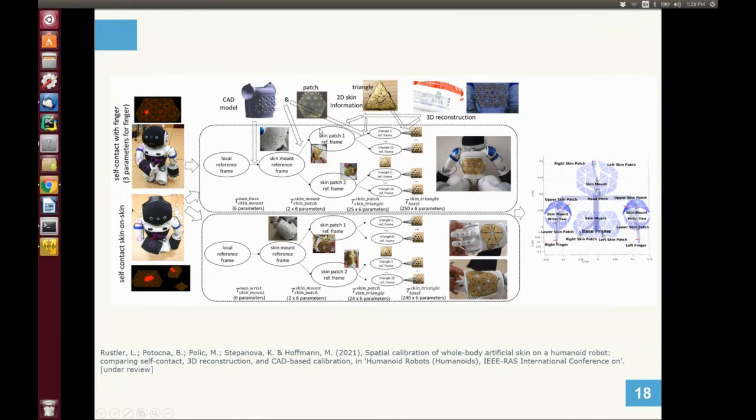Okay, and the third component that we did and compared was 3D reconstruction. So we uncovered the sensors. By removing the top black part, we took the robot outside to get nice lighting conditions. We took several pictures of the robot, and using some software for 3D reconstruction, we got basically a point cloud with the positions of the individual sensors in 3D, which was locally very accurate. But then you still need to relate it to the robot body model, which is the kinematics. And for that, we also explored how this can be combined with the self-contact calibration to really get